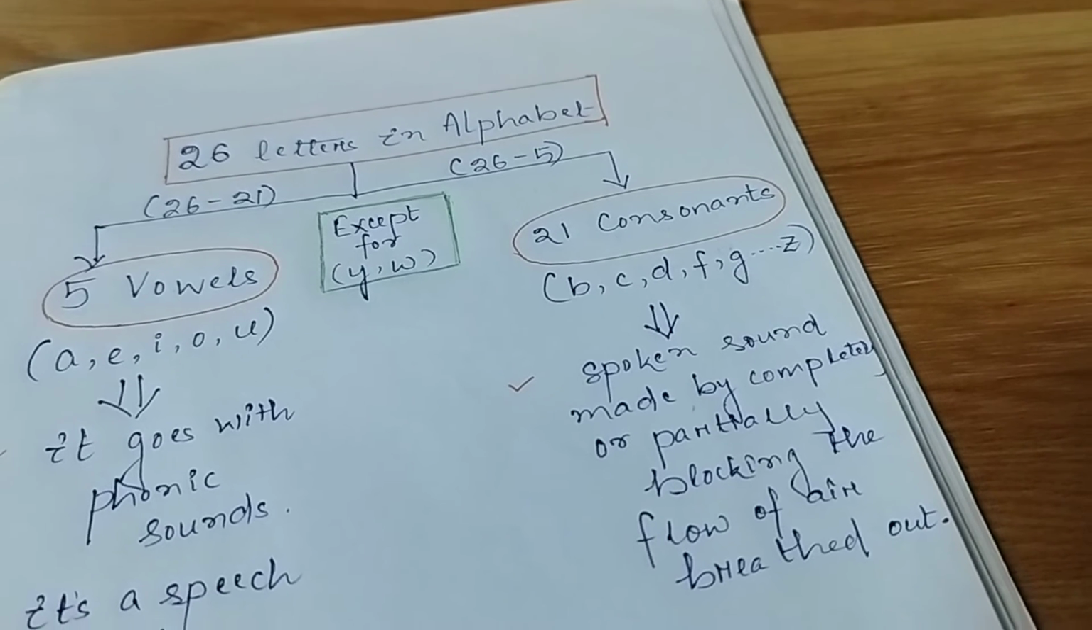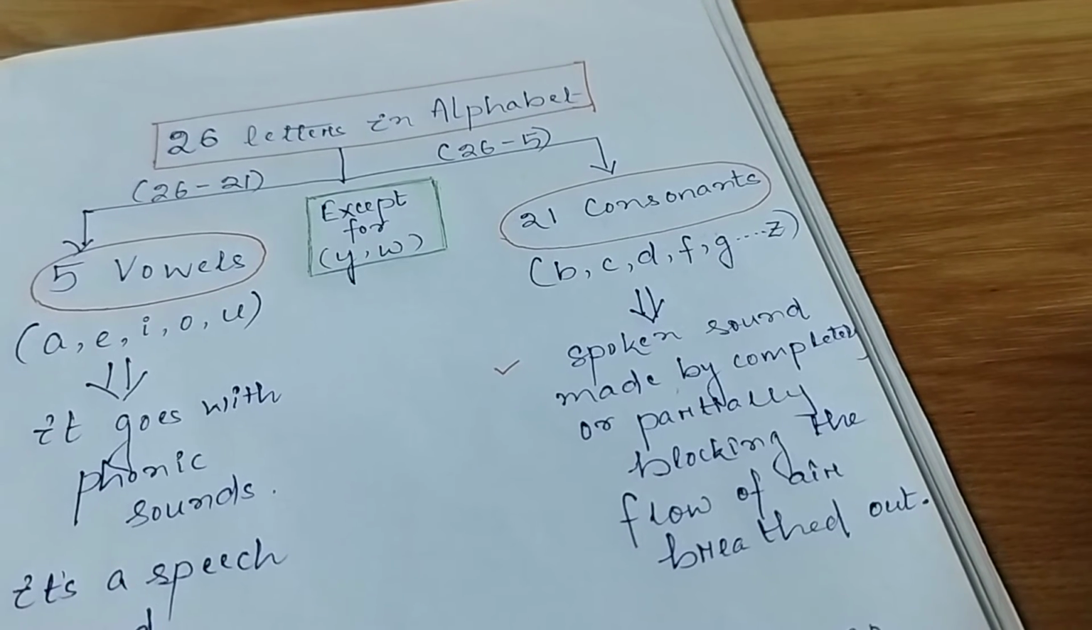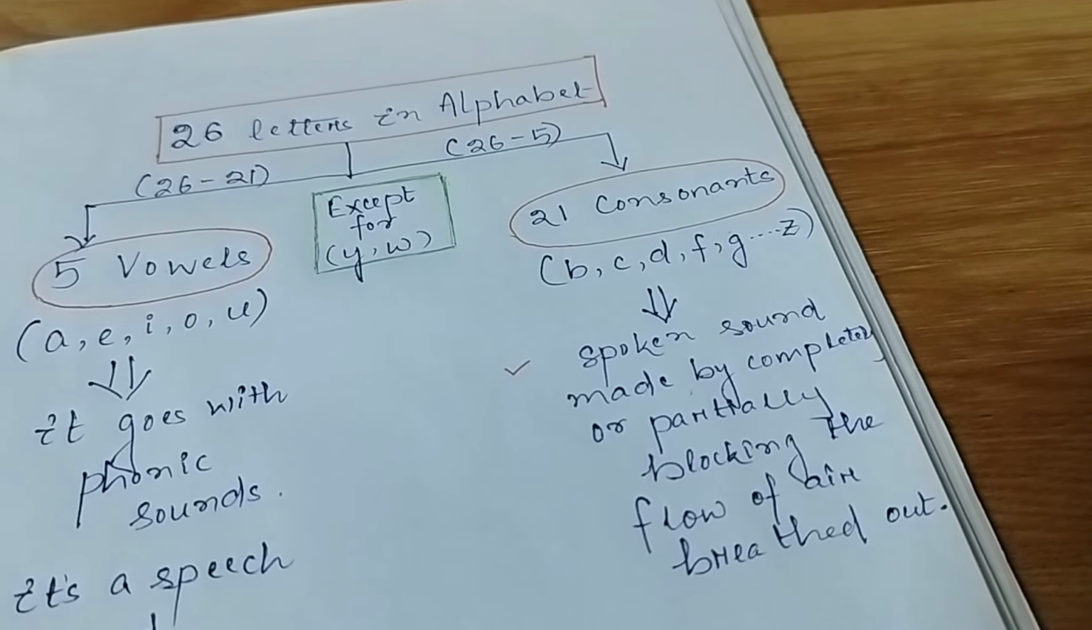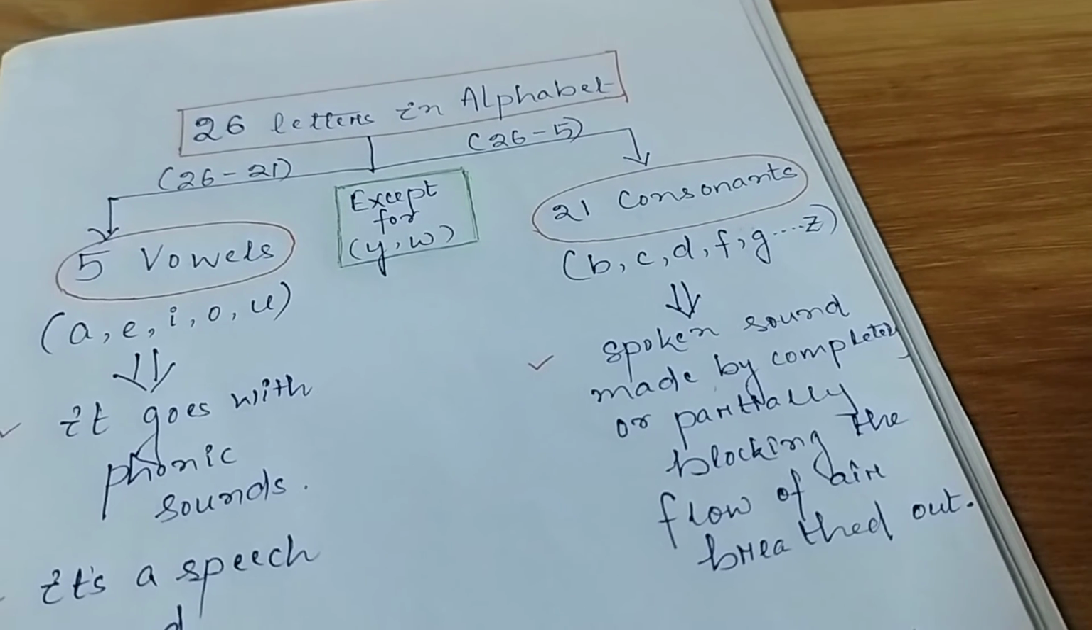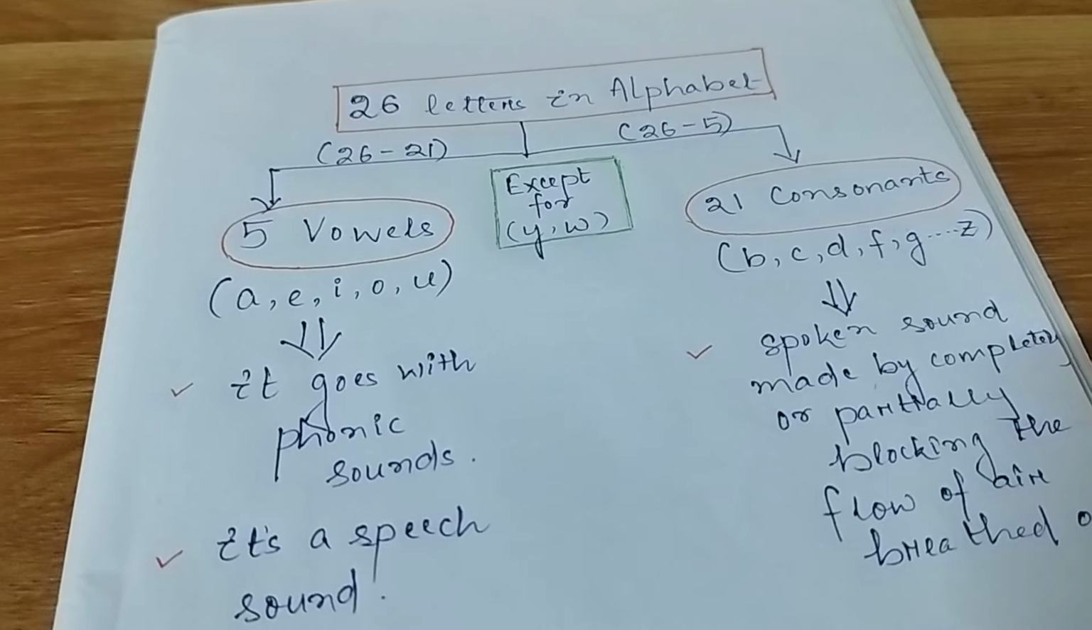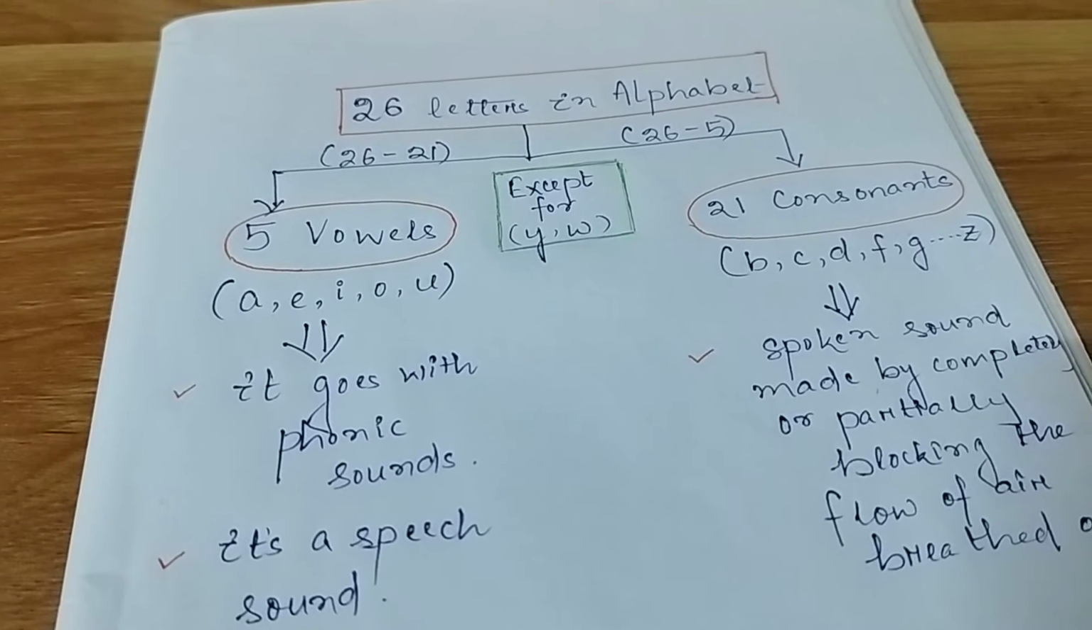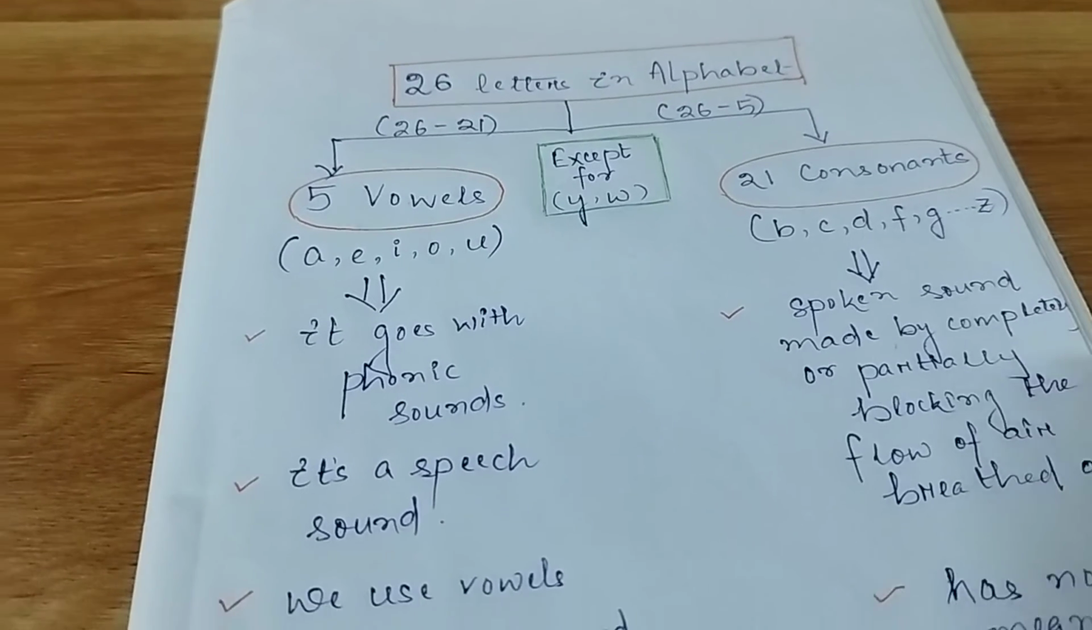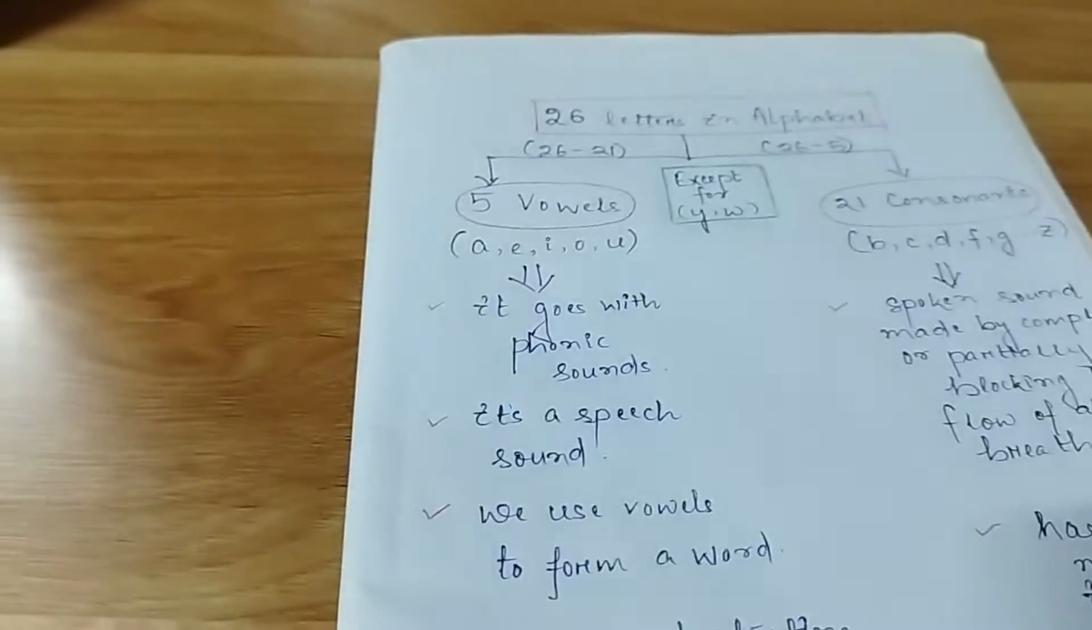Consonants are spoken sounds made by completely or partially blocking the flow of air breathed out, whereas vowels go with phonic sounds completely. It's a speech sound. Here I've written,